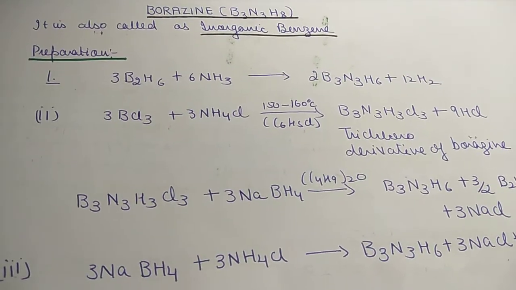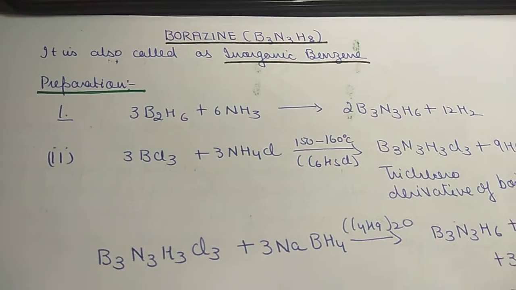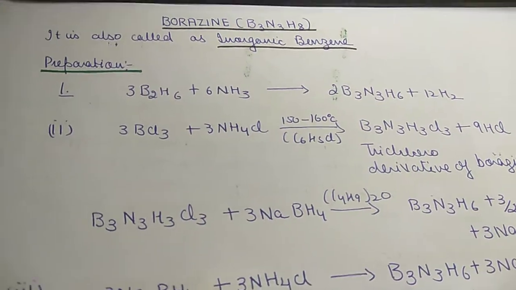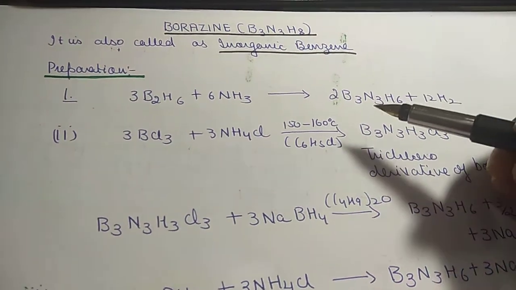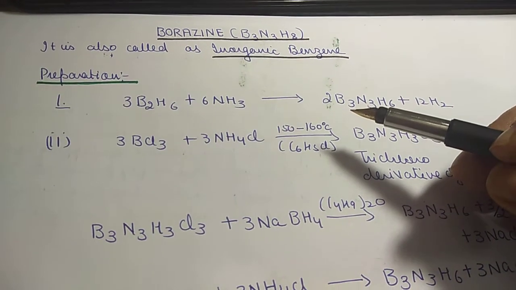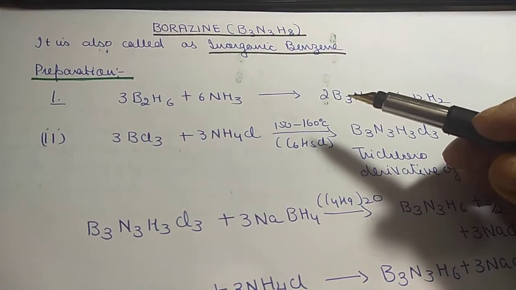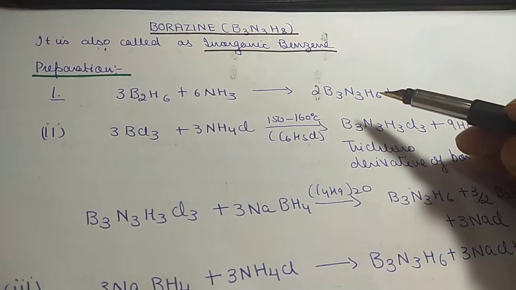Next we have Borazine. It is also called inorganic benzene. Now, what are the methods of its preparation? It is formed by reacting diborane with ammonia. 1:2 ratio it is taken, 3 parts of diborane and 6 parts of ammonia. So we get